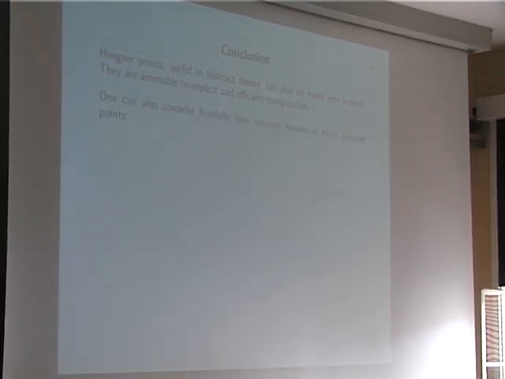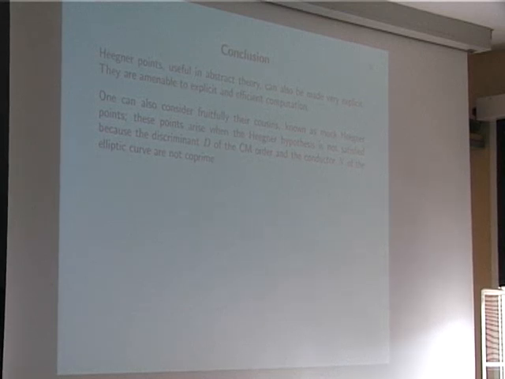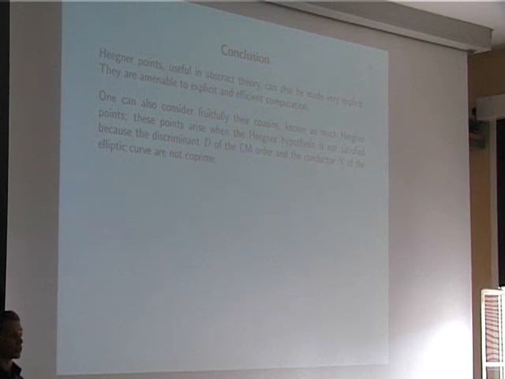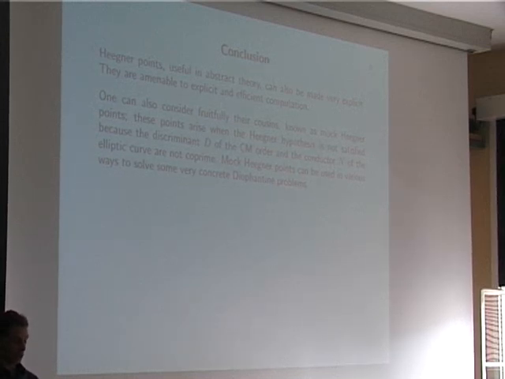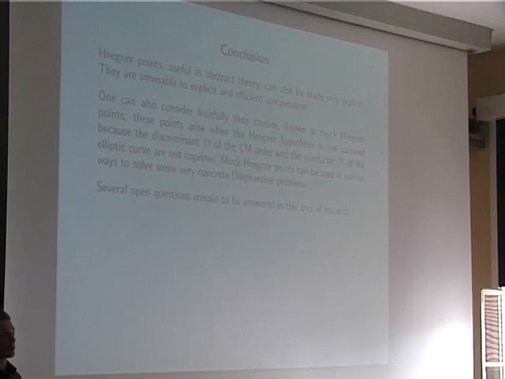Once you've given up on Heegner points, or maybe you're like Heegner and you consider mock Heegner points to be the real Heegner points, you can consider their cousins, mock Heegner points. Those arise when the Heegner hypothesis is not satisfied, meaning the conductor of the elliptic curve and the CM field that you considered weren't relatively prime. And those mock Heegner points, we've seen a couple of examples now where they really solve very concrete problems in diophantine equations. So there's still several open questions, like prove a Gros-Sagier formula in this case, as well as other constructions. So if you want to take your favorite family of x cubed plus y cubed equals